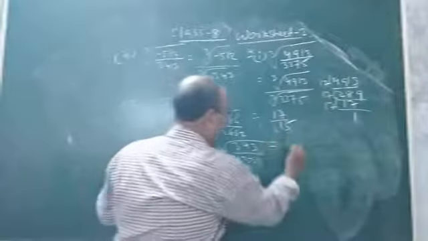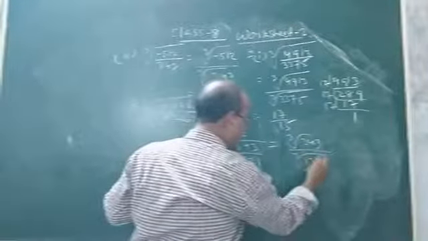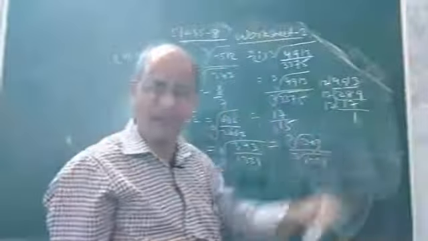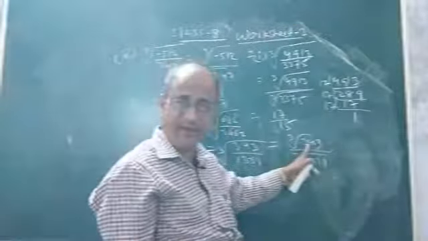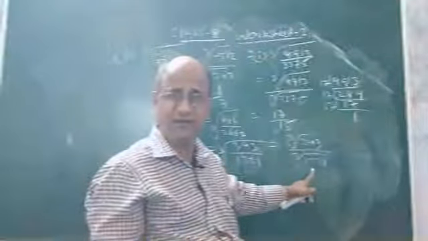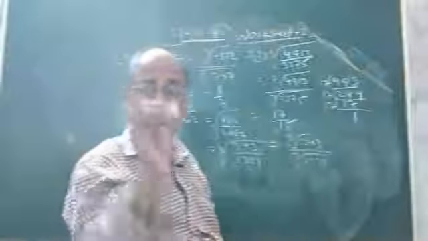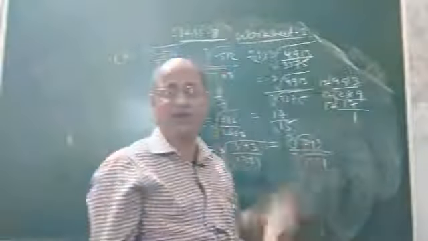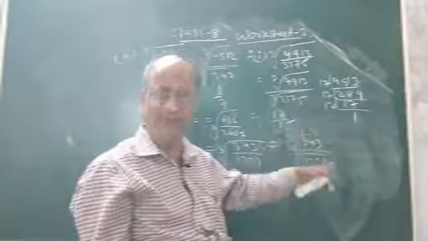Now you apply the formula. This will be cube root of 343 and this will be the cube root of 1331. See, these two numbers 343 and 1331, yes, they are perfect cubes. Why? Because it is the cube of 7 and it is the cube of 11. If you find the cube of 11, if you multiply 11 3 times, you will get 1331. Similarly, if you find the cube of 7, that is if you multiply 7 3 times, you will certainly get 343. So that is why 343 and 1331 are perfect cubes, and as they are perfect cubes, we can find their cube root.